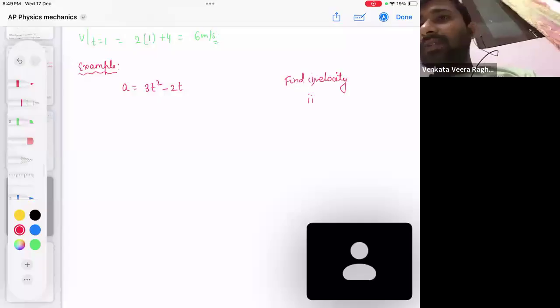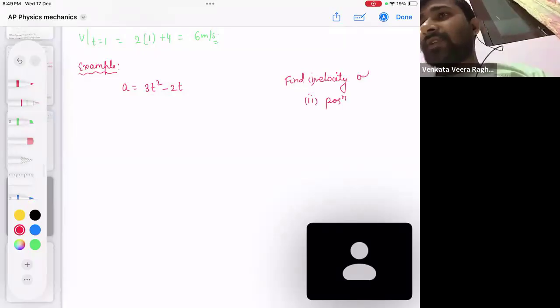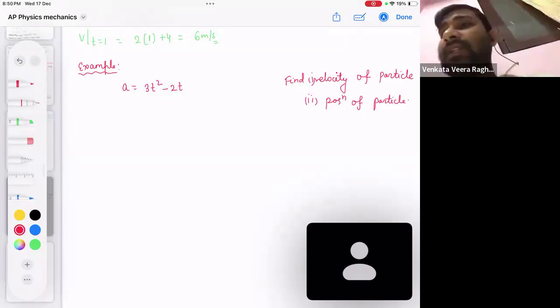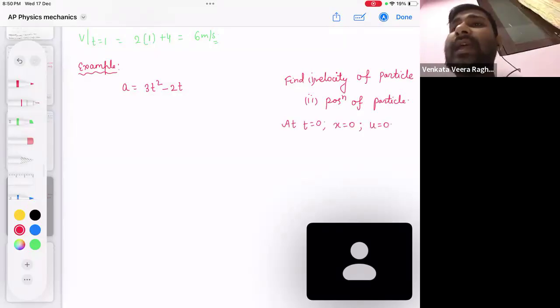And second, also the position of the particle. Position, velocity of the particle: first find it as a function of time, how much it is, and the position of the particle also, let's find it. The question is giving another piece of information: at t equal to 0, x is 0, meaning the particle is starting from the origin, and its initial velocity is also 0, because